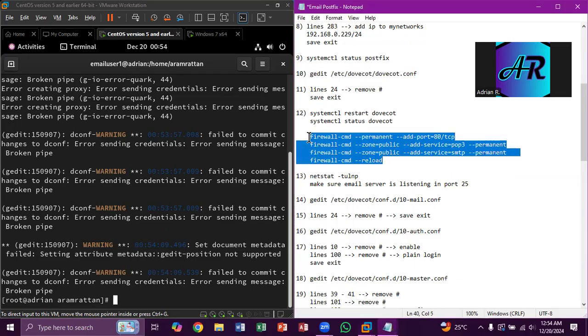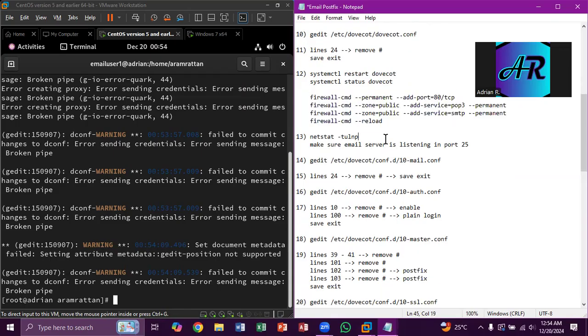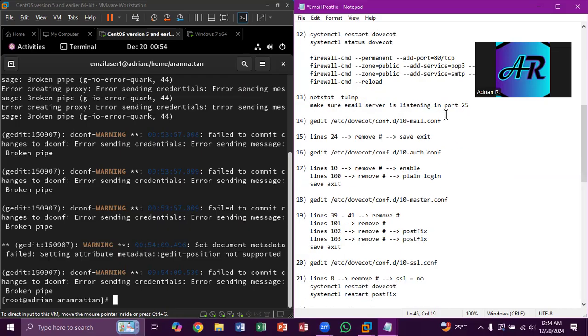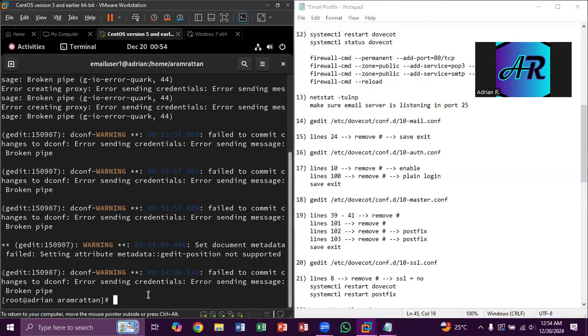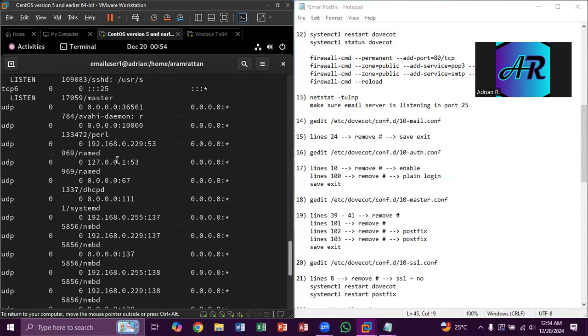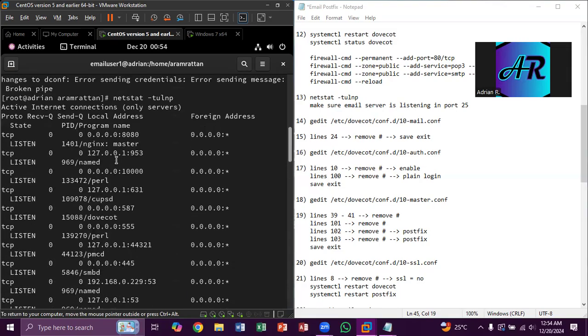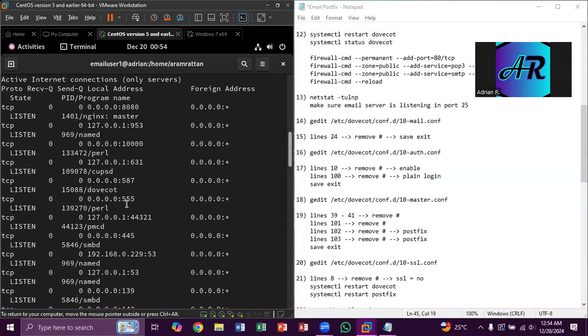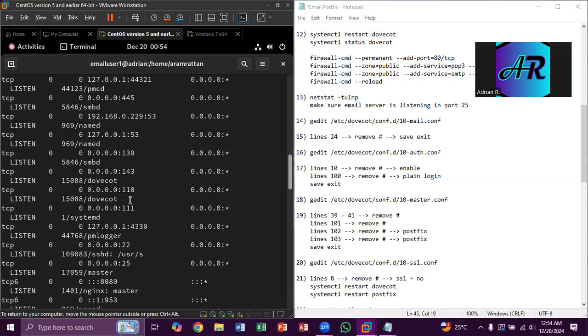So I've added these commands here for the firewall. And we want to run netstat -tulnp to make sure it's on port 25. So let me do that quickly. Yeah, if we scroll to the port,